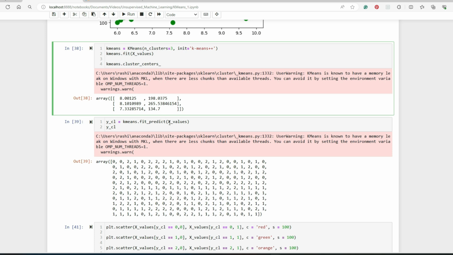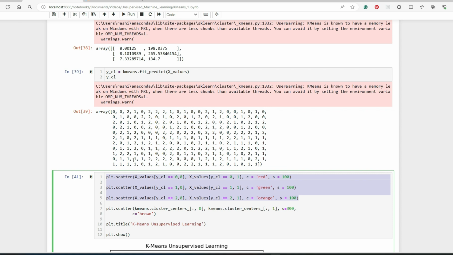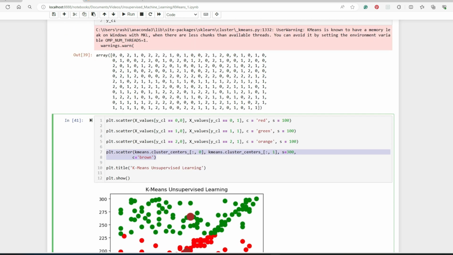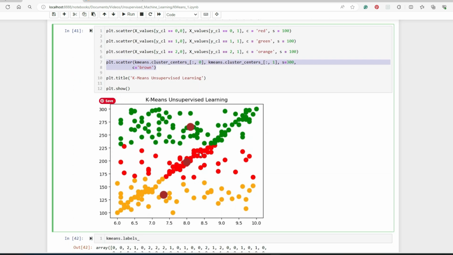If we predict the data, we will get labels 0, 1, and 2. Now if we plot the data based on the 3 labels, 0, 1, and 2, and color them red, green, and orange, I'm also plotting 3 centroids. So this is how it divided the data into 3 clusters.